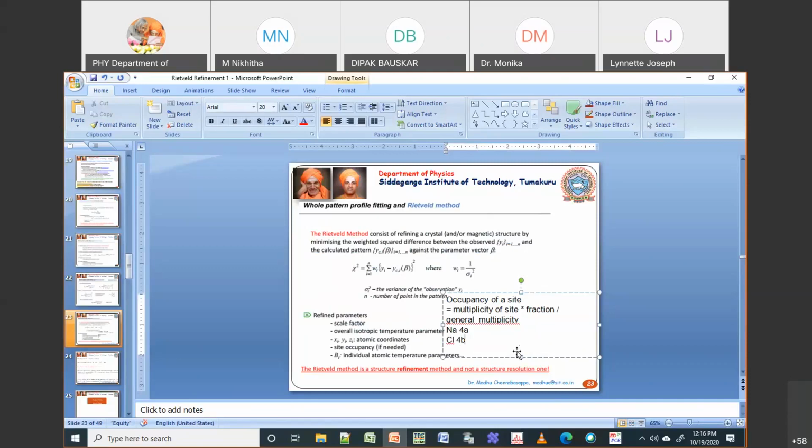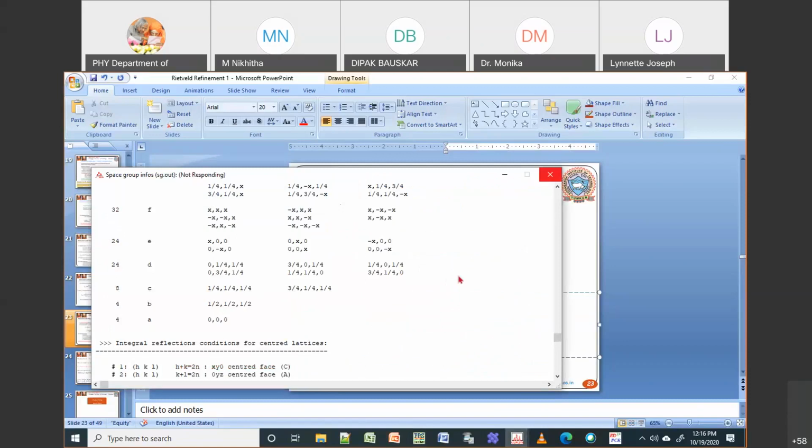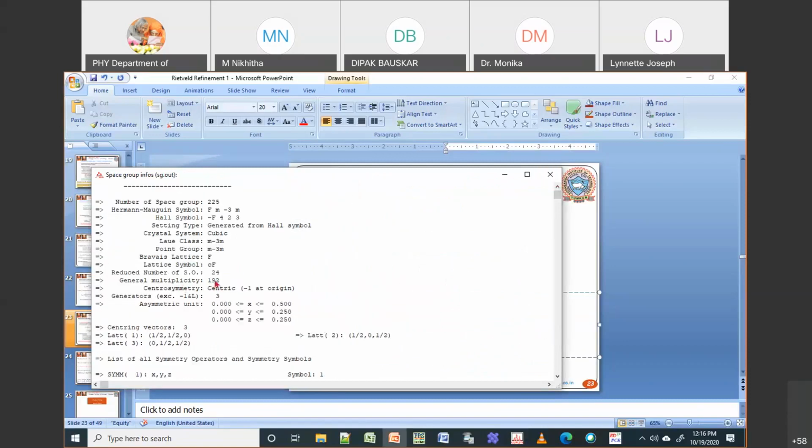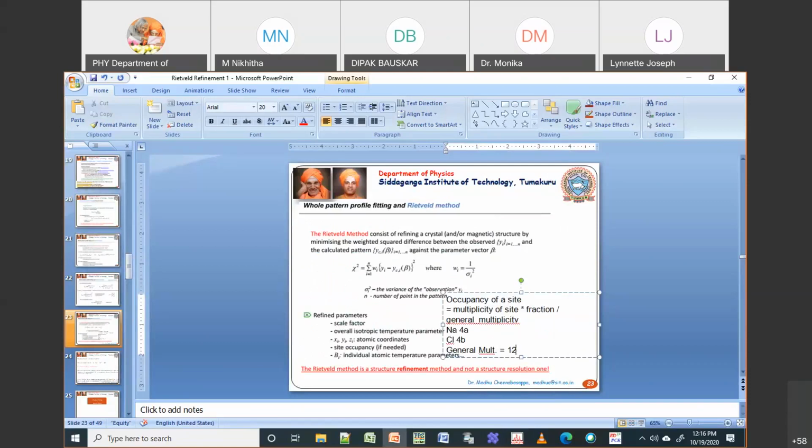And then we have a general multiplicity, which is 192. Okay, so this is what we have in your top. If you scroll this up, you have the general multiplicity for your Fm-3m, which is 192.